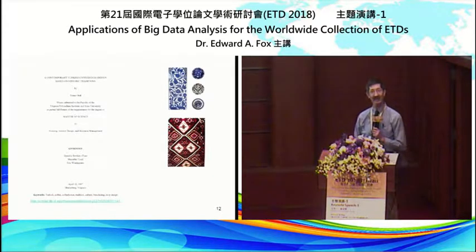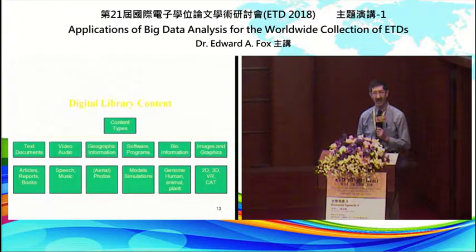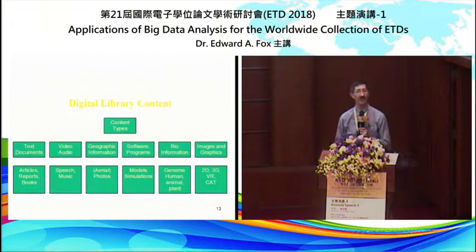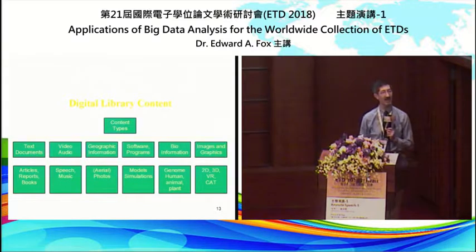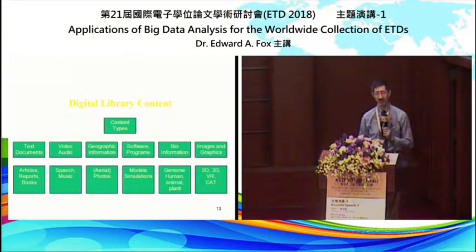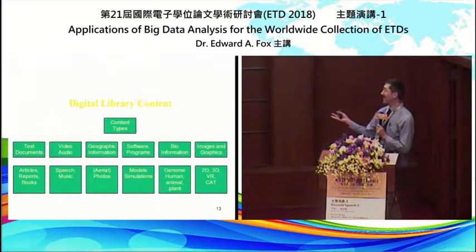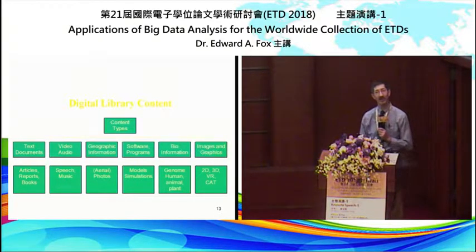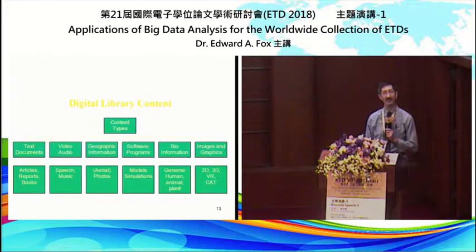That adds enormously to the size of the work and also to the interest of what's going on. It makes it more artistic as well. So when you think about the content that's available electronically and is available through theses and dissertations, not just the paper, the PDF files, but the data sets and the explanations and the simulations and the interactive visualizations, you can see that there are many, many kinds of content. And so one of our challenges in terms of the volume is to handle this enormous variety and size and